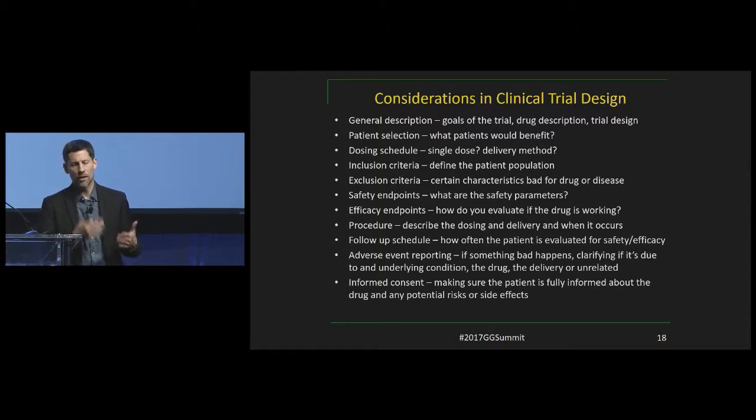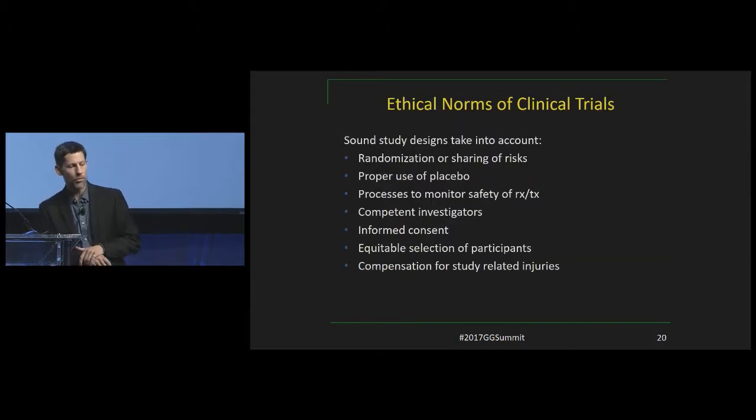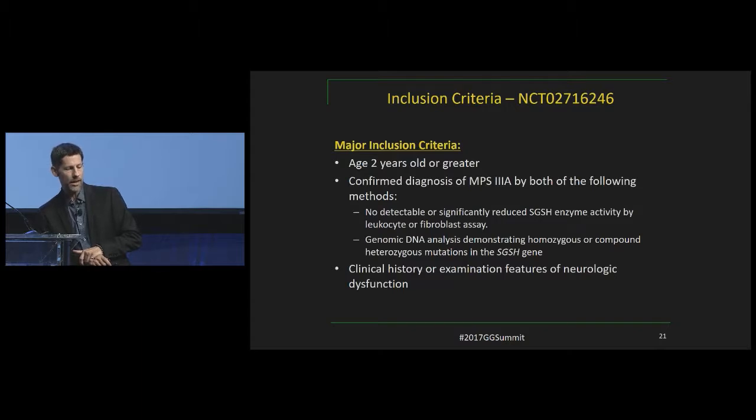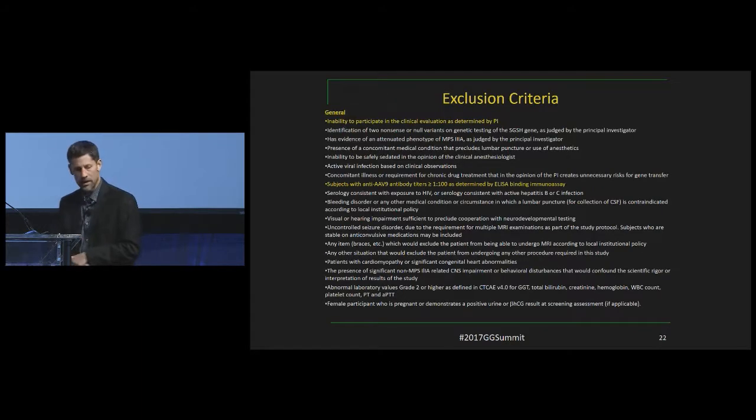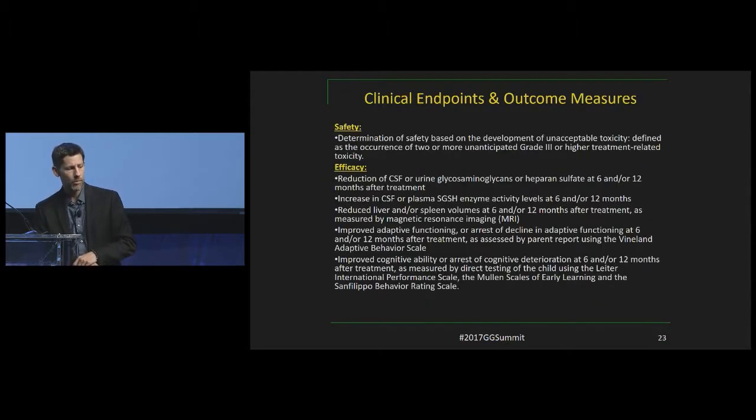So I know I'm throwing a lot of terminology out there, but this is to also help set up Ellen for some of her talk as well. So we'll skip through some of that. And this is an example of an inclusion criteria. I think Ellen's going to talk a little bit more about that. Same thing with an exclusion criteria. This is just a laundry list of things that if a patient meets one of these things, they're going to be excluded. And again, Ellen's going to talk a bit more about that.